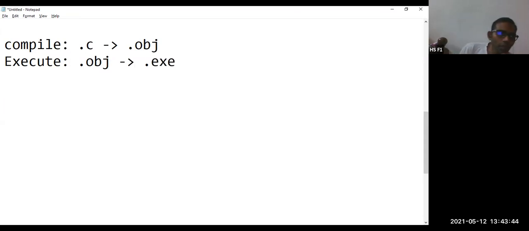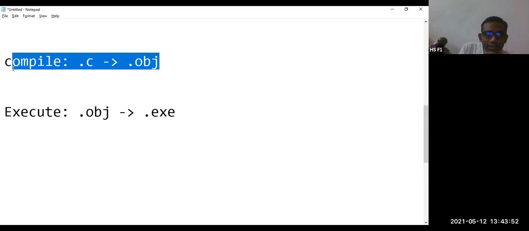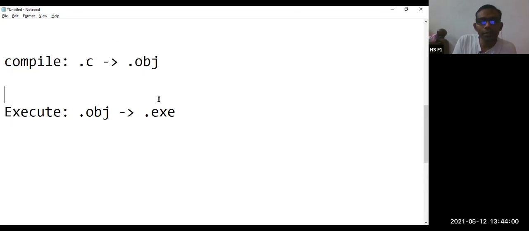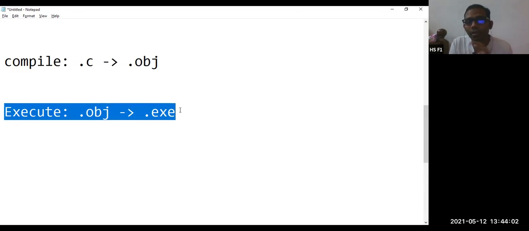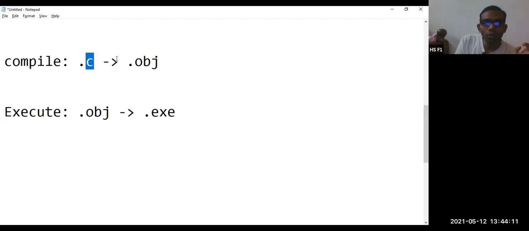Whatever programs we have compiled and executed so far get memory allocation at compilation time itself. In DMA, we are going to allocate the memory at execution time. There is a lot of difference. A C compiler converts the source code, if it has no errors, from .c to an .obj object file.